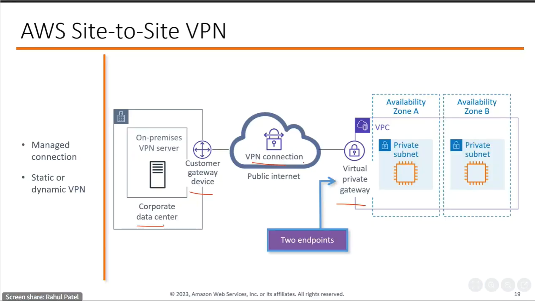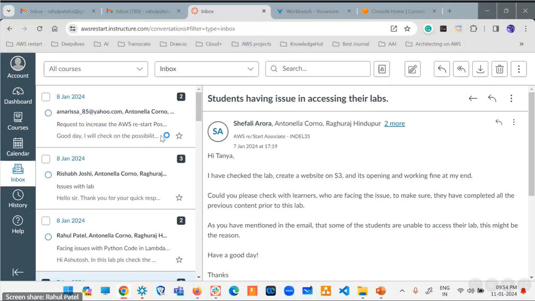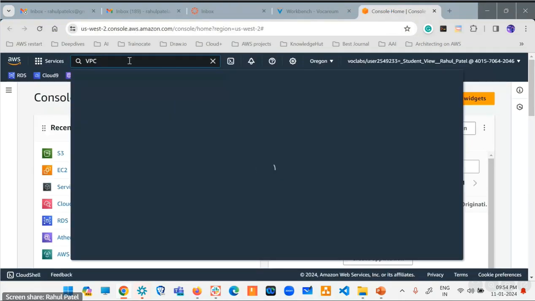In this case, you can see that virtual private gateway is a device that we need to install at the AWS site. A customer gateway device is something that we need to install on the premises side. And when we are creating a VPN connection, you have to create a customer gateway device. And when we go over the management console here, in the VPC section,